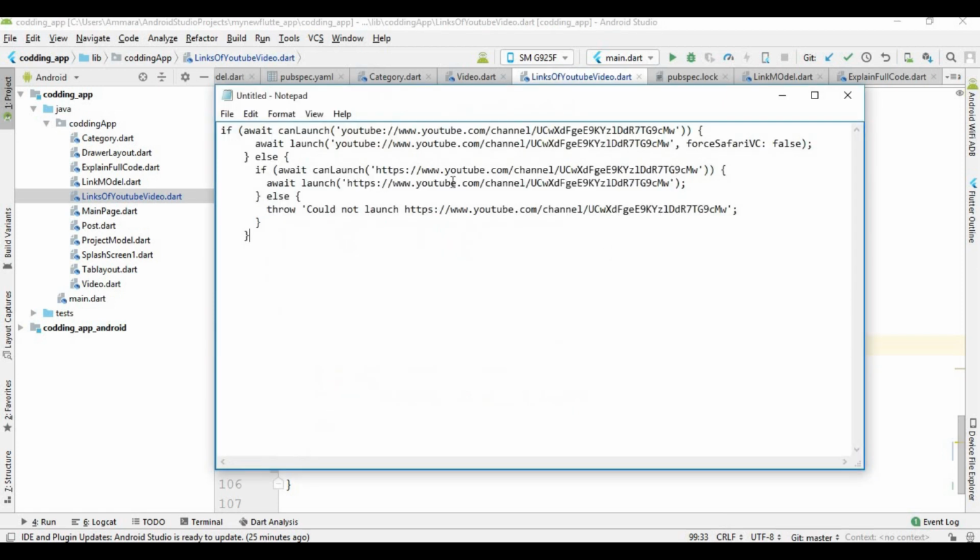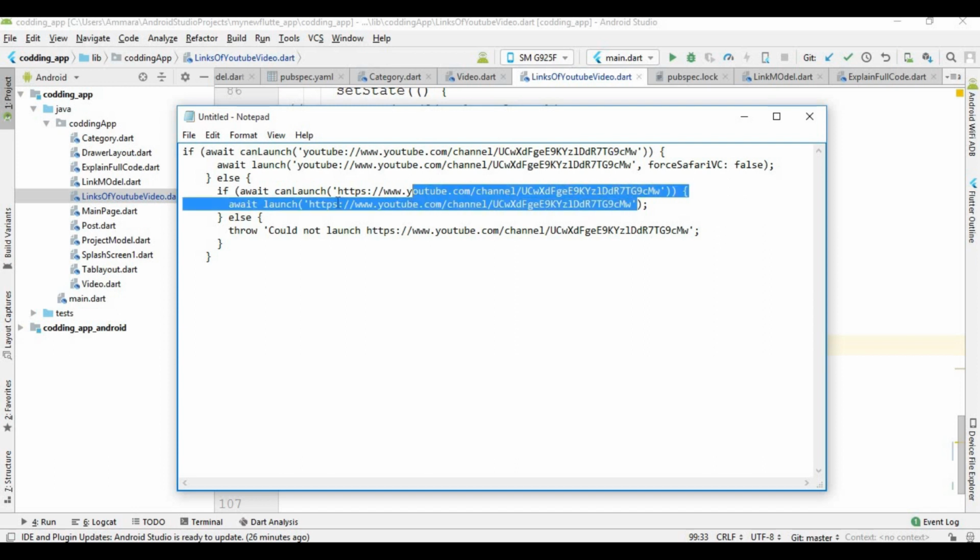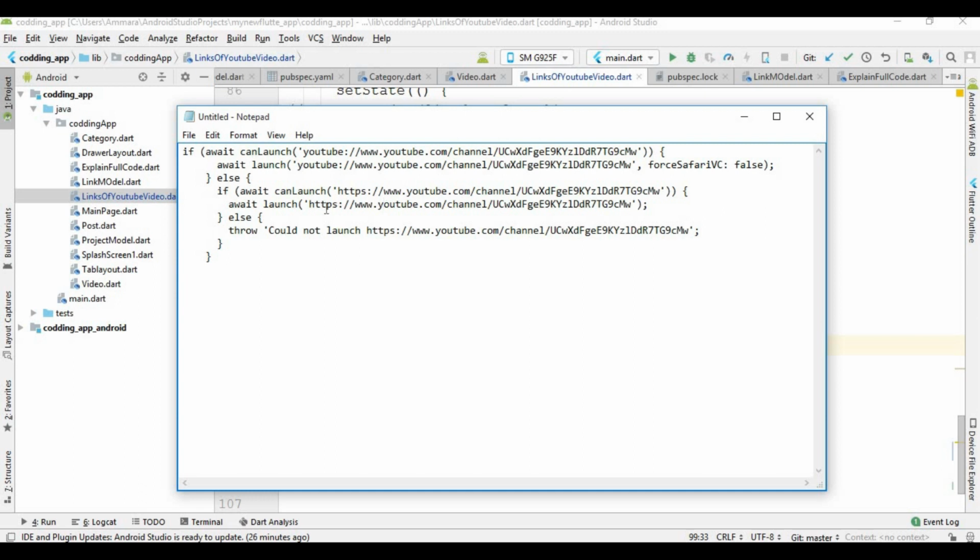we check two types of conditions. The first condition is that we use the same link which we store in the database. Okay, so you can see that this is a link which we store in the database, which has HTTPS, and this is the link with YouTube, and here you can see that there is no HTTPS.